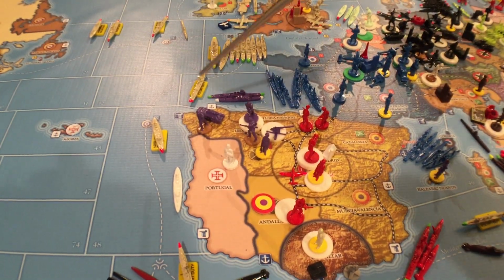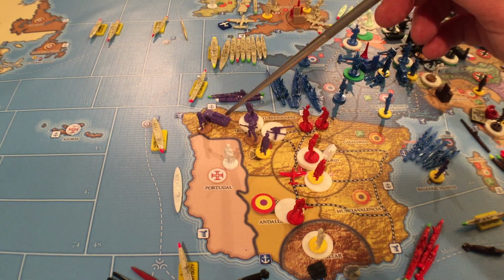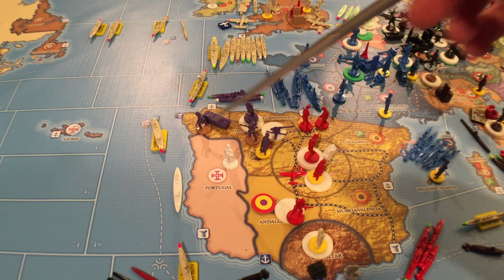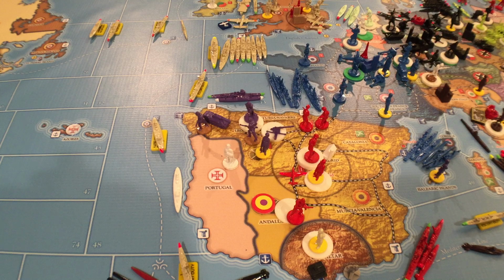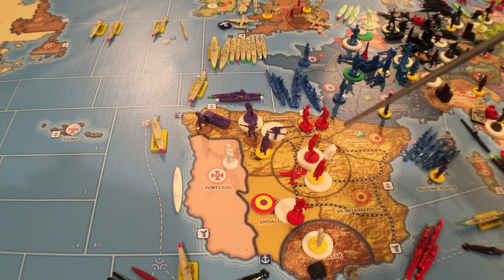So the Germans lend-leased a tank to Spain here, and the Italians lend-leased another mountain infantry, so things are going well in there. They managed to successfully get the recruitment roll and took an extra infantry. And then the